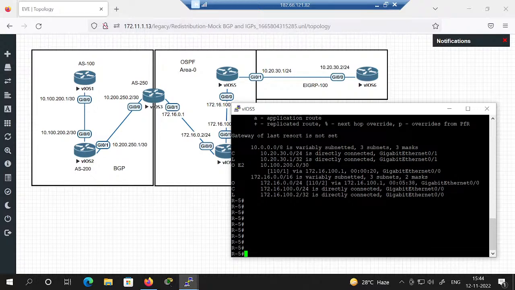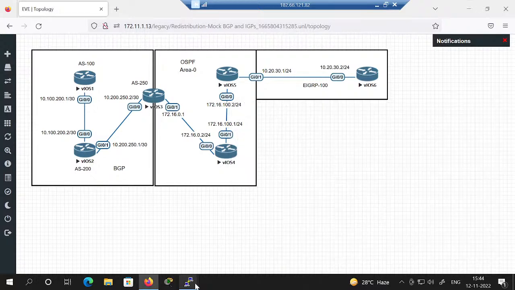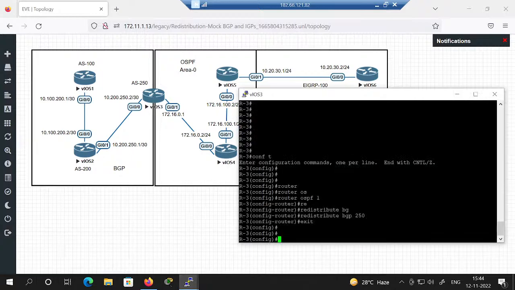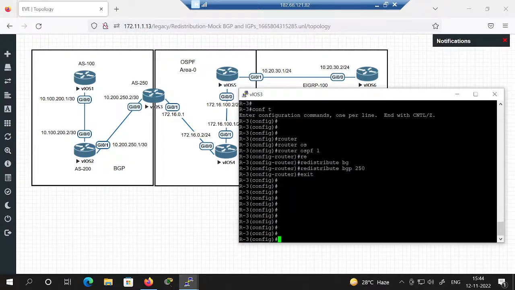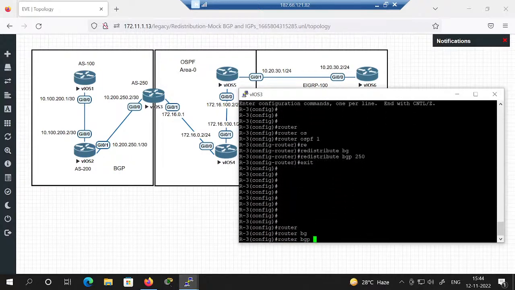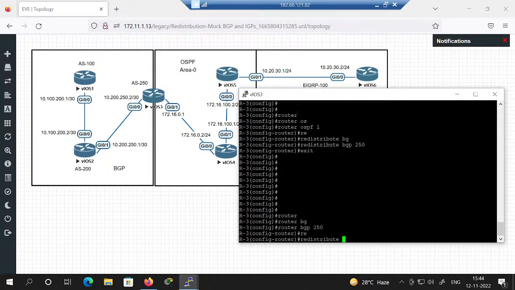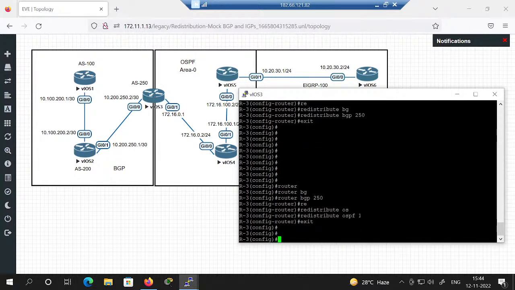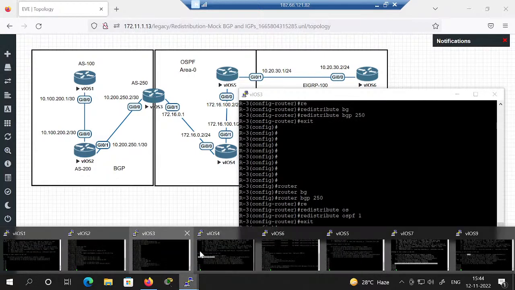Now again, if you go back on router 3 and look at the redistribution again, it will be router BGP 250, and we will say redistribute OSPF. The process ID which we have used was 1, exit. And now let's try to verify the routing table on router 2,